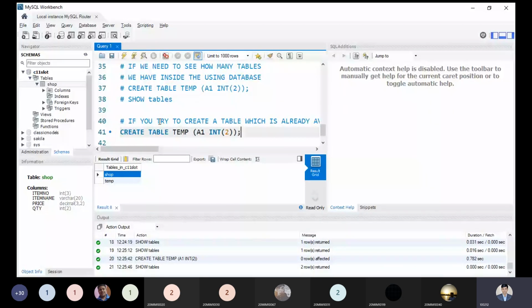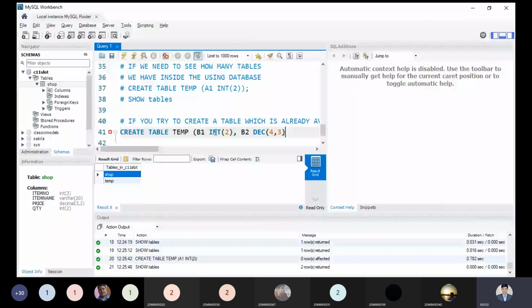I'm just changing the column name A1 to B1, and adding one more column for my betterment, say B2 with a decimal type. A table named temp with B1 and B2.